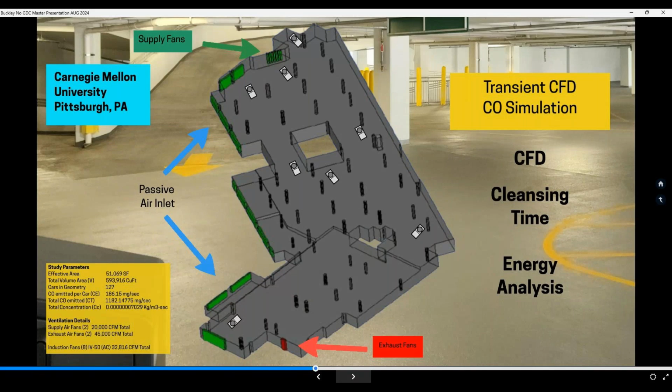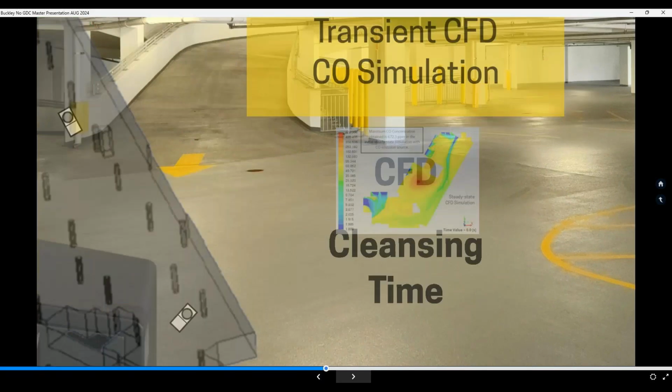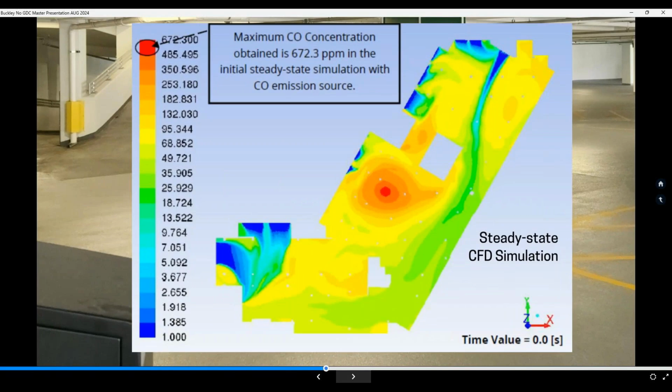What we're going to do here is create what's called a steady state analysis. With the garage ventilation totally turned off, based on the parameters outlined by ASHRAE, we're going to introduce carbon monoxide uniformly throughout the garage. Then we're going to go into what's called a transient state, where we turn on the ventilation system and review the time it takes to cleanse that garage of carbon monoxide